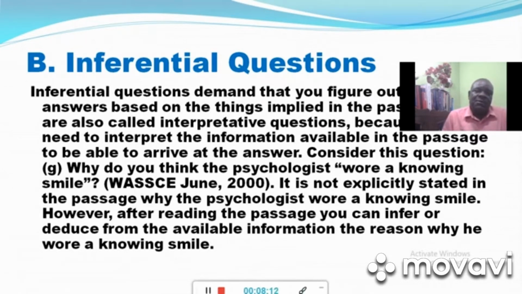Now let's take an example from the West African School Certificate Examination of June 2000. The question G is as follows: why do you think the psychologist wore a knowing smile? Now, in the passage, it was not explicitly stated why the psychologist wore a knowing smile. The passage tells a story about a man who decided to divorce his wife. He got disappointed in his wife and wanted to divorce his wife, but he wanted to divorce his wife in the most painful manner. So he consulted a psychologist, and the psychologist told him that the best way to do that was